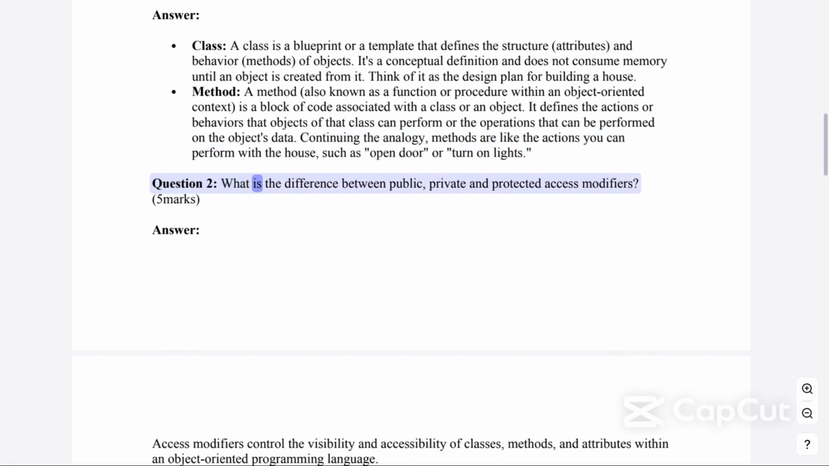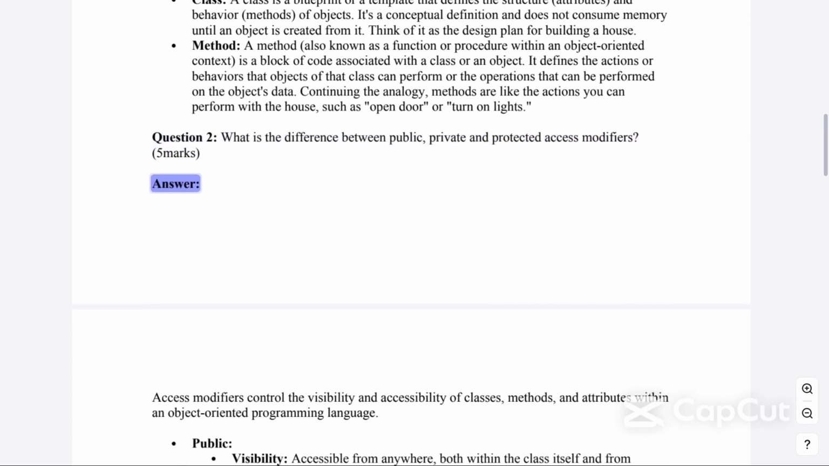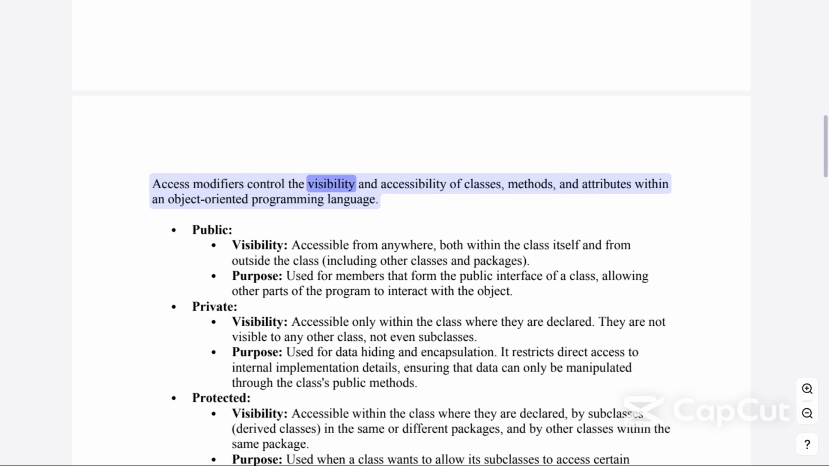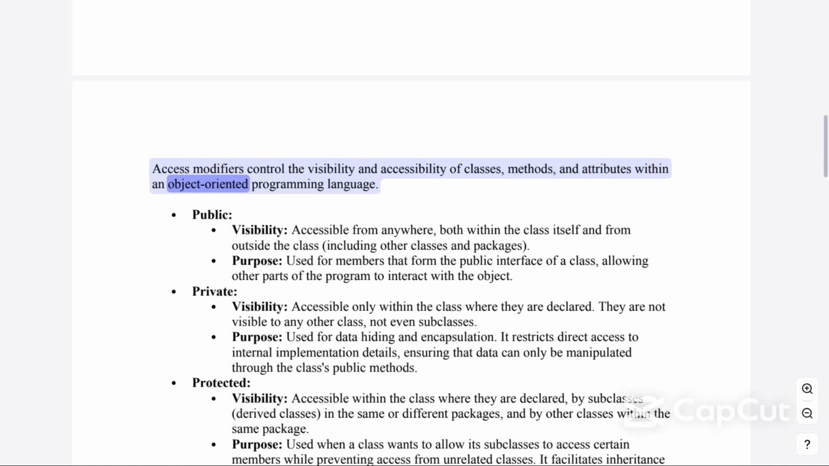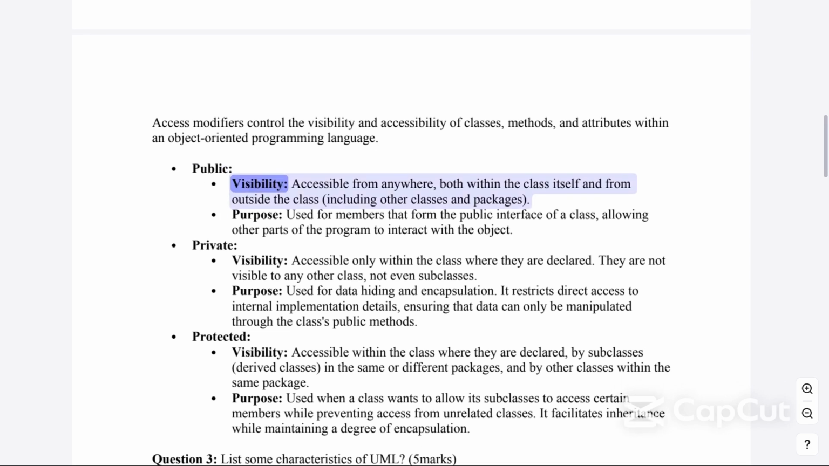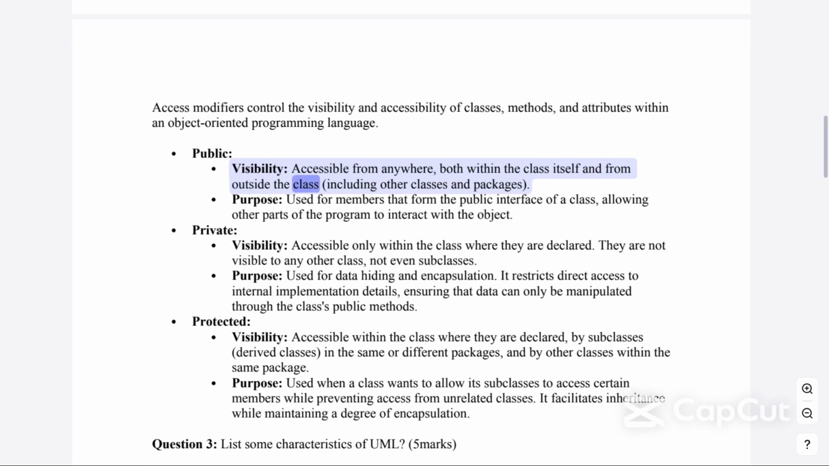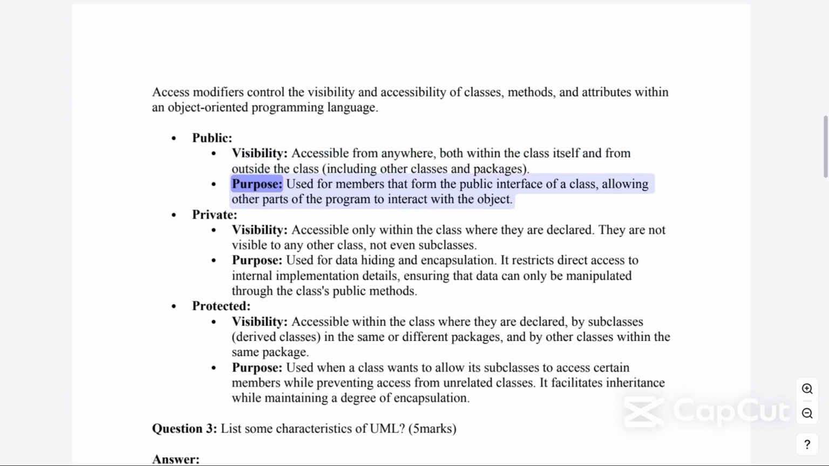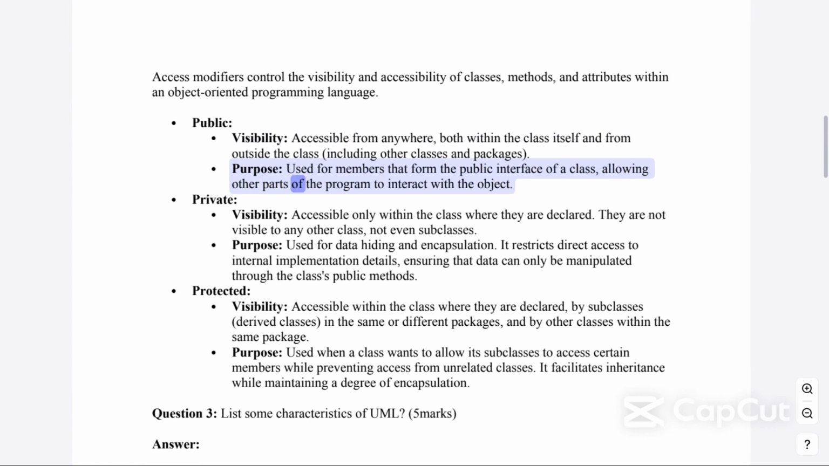Question 2, what is the difference between public, private and protected access modifiers? 5 marks. Answer. Access modifiers control the visibility and accessibility of classes, methods, and attributes within an object-oriented programming language. Public. Visibility: accessible from anywhere, both within the class itself and from outside the class, including other classes and packages. Purpose: used for members that form the public interface of a class, allowing other parts of the program to interact